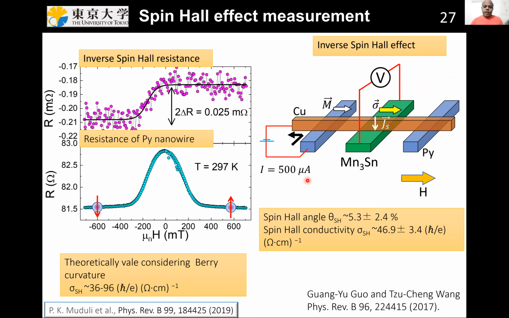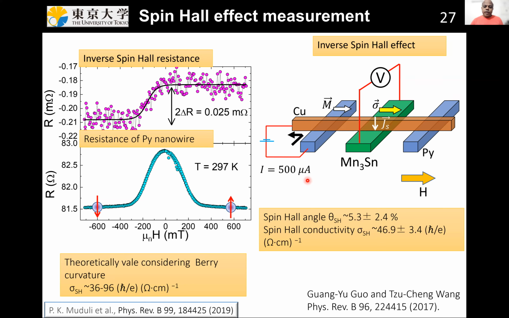As I showed, the main takeaway from this is that although manganese 13 was not ideal, with slightly off stoichiometry, we got a very large spin Hall conductivity comparable to theoretical calculations, considering Berry curvature calculations. So in this kind of topological material, even if you have slightly off stoichiometry, you can get reasonably high spin Hall conductivity. We also did the same experiment in high quality epitaxial thin films, and we discovered a completely new kind of spin Hall effect. We call it the magnetic spin Hall effect, and you can see this paper for further details. In the interest of time, I will not go into details.